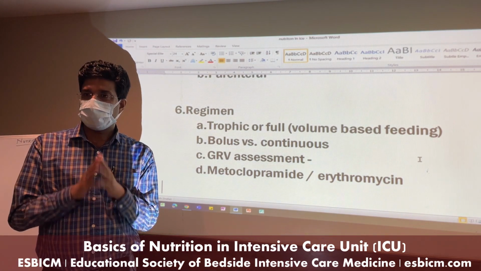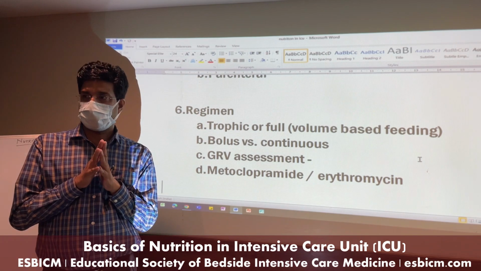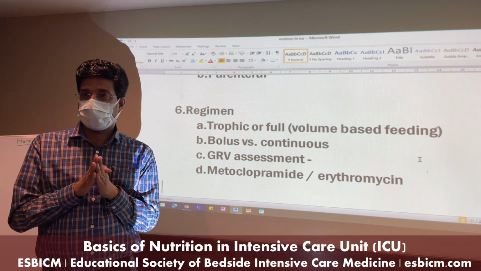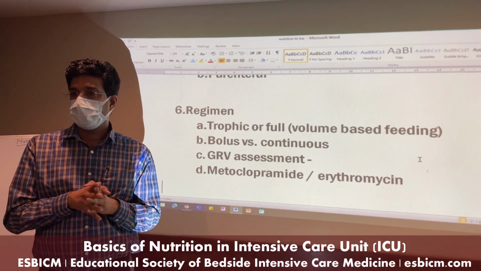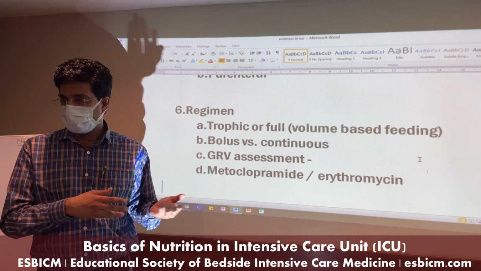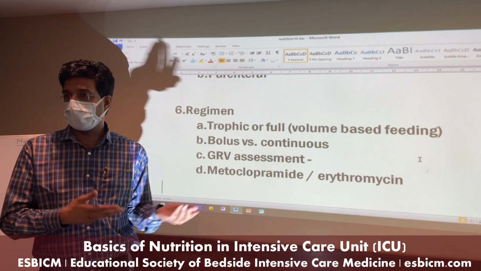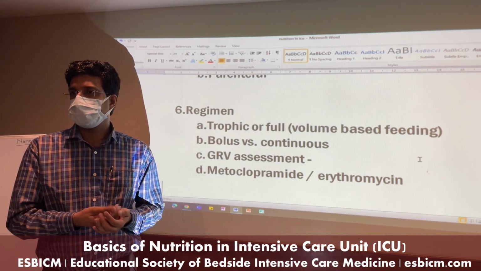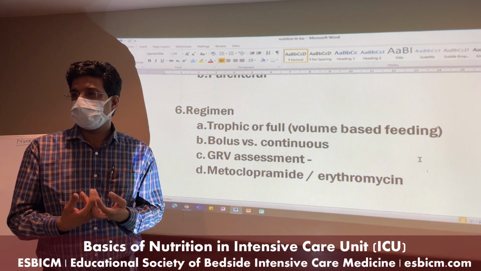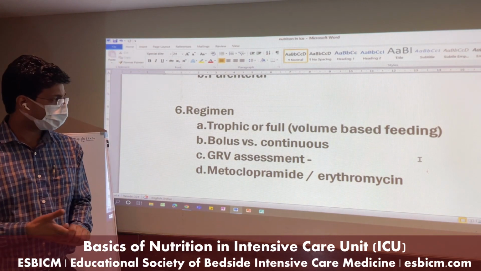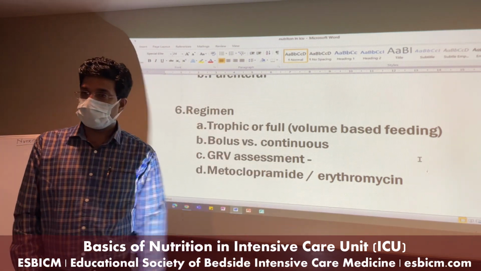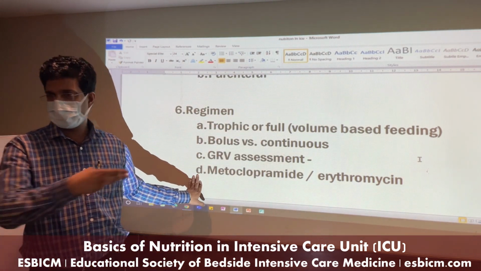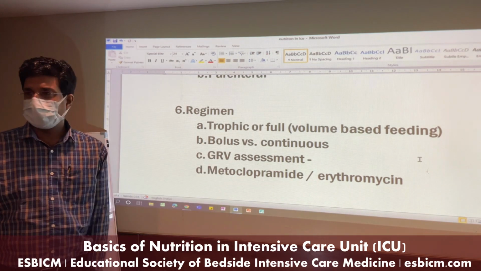If the patient is having 200 ml of gastric aspirate back after 4 hours, you should think of adding some prokinetic drug. You should think of switching from bolus to continuous. And if it doesn't work out, you should look for other causes of non-tolerance also: hypokalemia, ileus, calcium deficiency, etc. What prokinetic can you use? You can use metoclopramide or erythromycin. The doses are there in the books, but it's metoclopramide 8-hourly, and erythromycin.